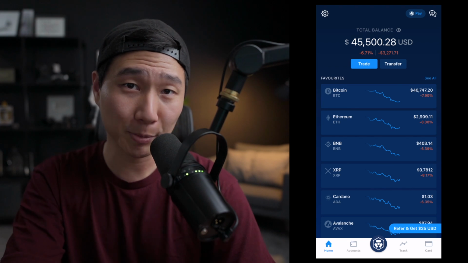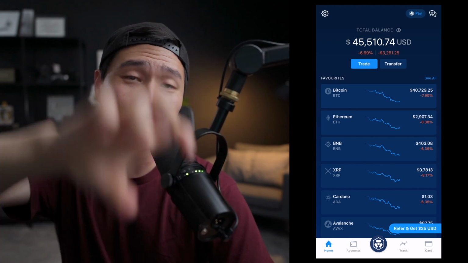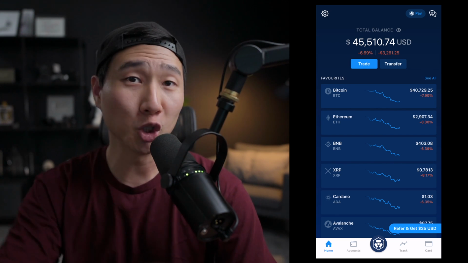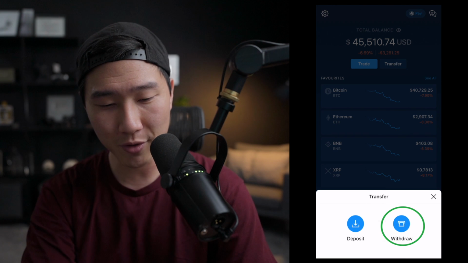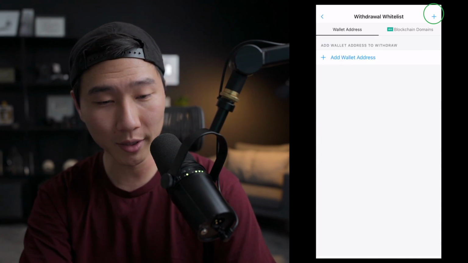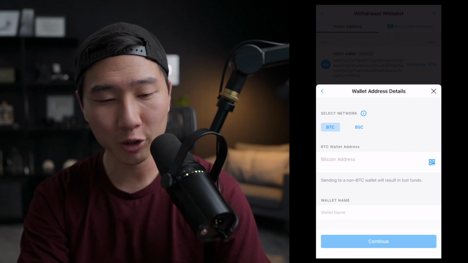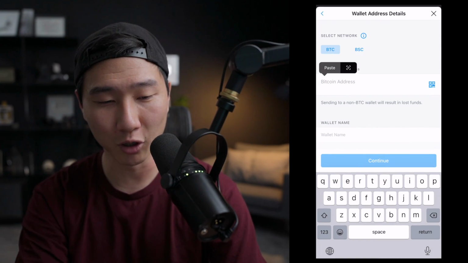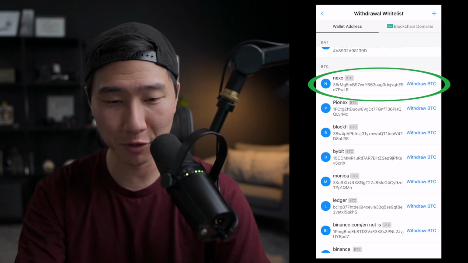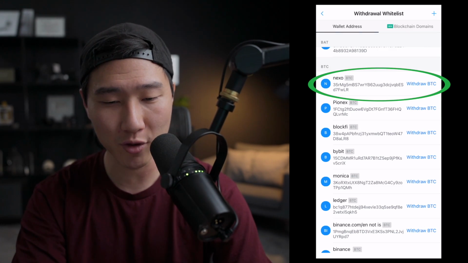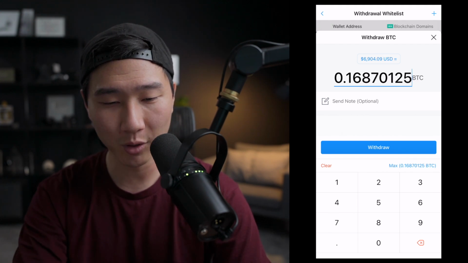And right now I'm in my Crypto.com app. I'm going to grab my existing Bitcoin on my Crypto.com app and transfer it to my Nexo account. You can do this from any account of your choice, but I'm going to go ahead and click on transfer, withdraw, crypto, external wallet, add new wallet, wallet address, click on Bitcoin, and then I'm going to paste the address that I copied earlier. Wallet name, we're going to call it Nexo, continue, and then the wallet address should be added on. I'm going to go ahead and click on withdraw BTC, do the max amount at 0.168 Bitcoin, withdraw,